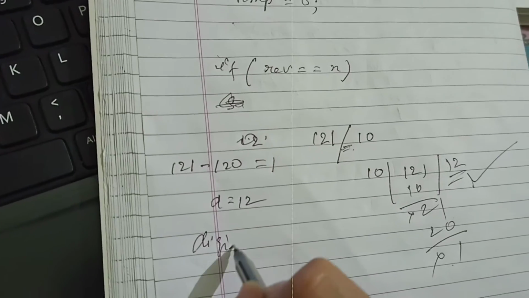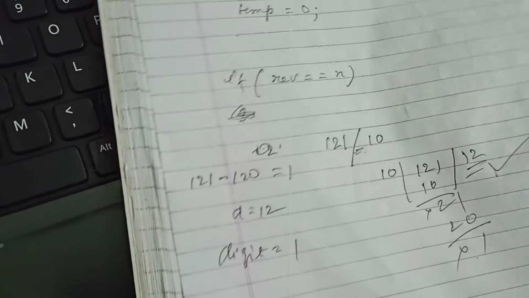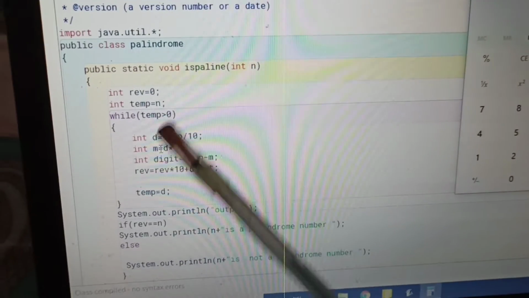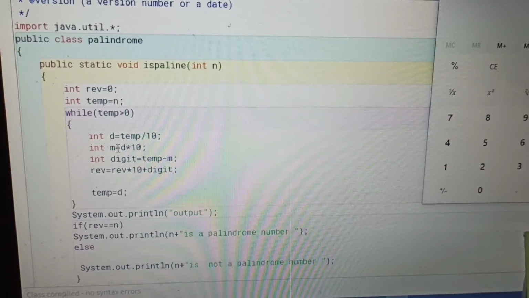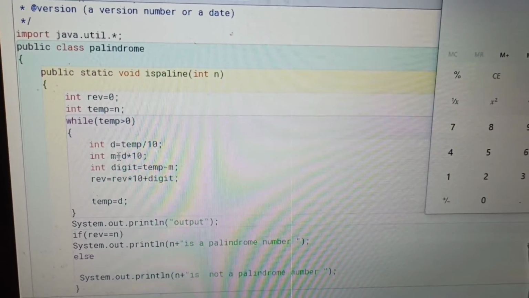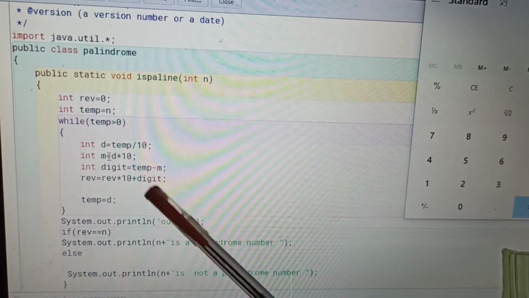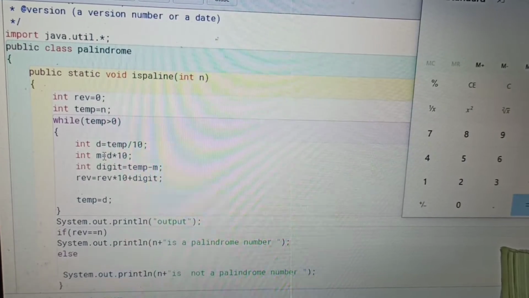And now it is also calculating reverse, which is reverse into 10 plus digit. The reverse value is 0, so 0 into 10 is 0, plus 1, we get 1, and 1 is going to be stored in the rev variable.